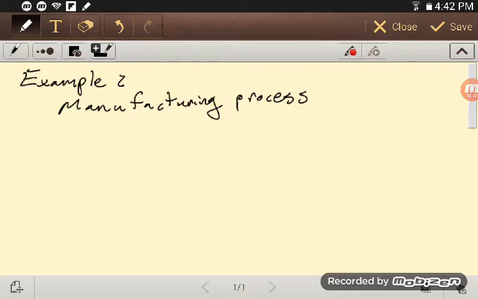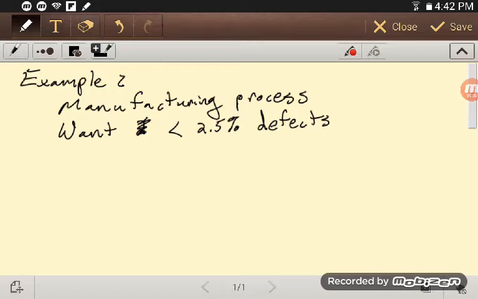And what they want is less than, so I'll do a less than sign, 2.5% defects